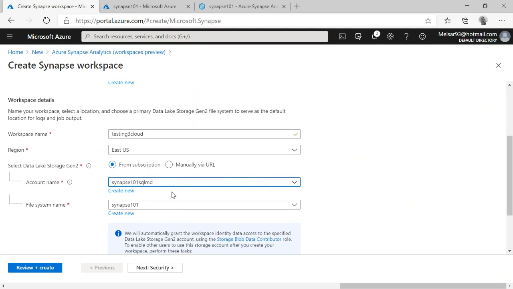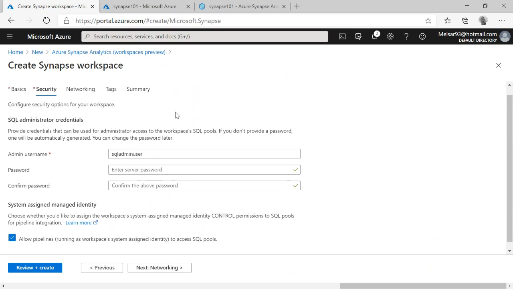So if we look at the next piece, the other piece that you want to do when you're setting it up is the SQL admin user. Now you have all these various components of the Synapse Workspace, but two of those are SQL based, right? First you have your SQL Pools, and then you have the Serverless SQL. And those are going to need a SQL admin user so that you can connect initially